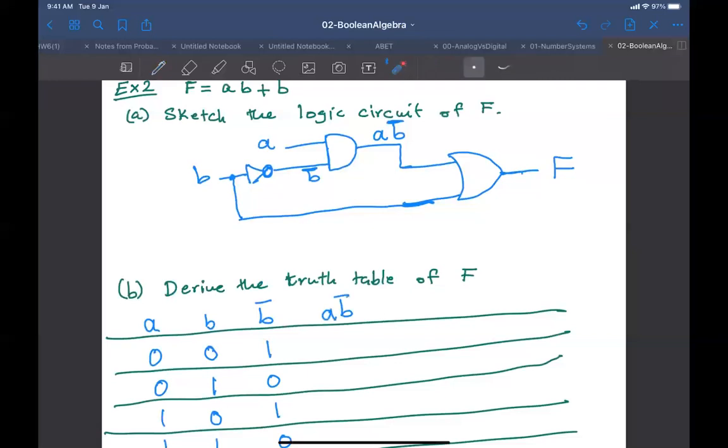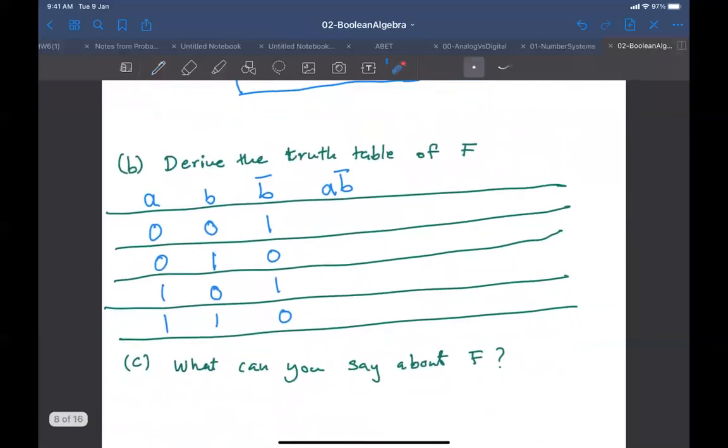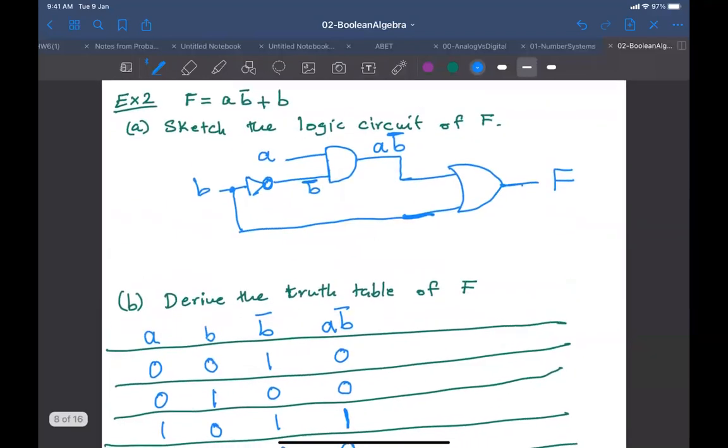Because we have the A and we have the B complement, so we AND them together. 0 ANDed with 1 is 0. 0 ANDed with 0 is 0. 1 ANDed with 1 is 1. 1 ANDed with 0 is 0. Now all we have to do is to OR